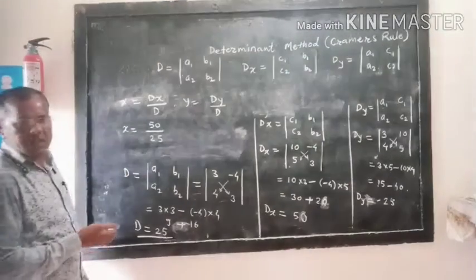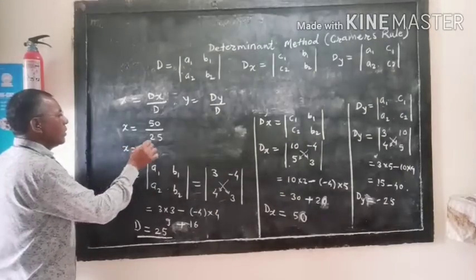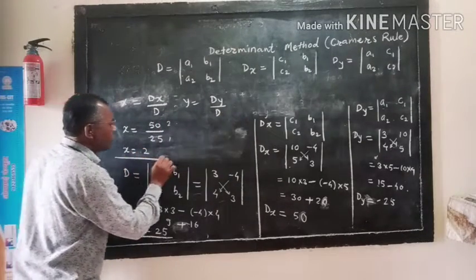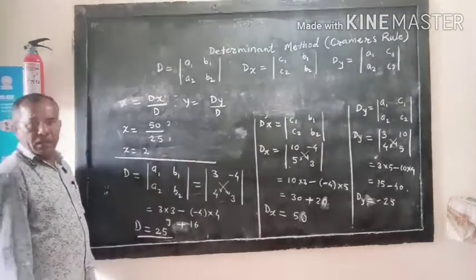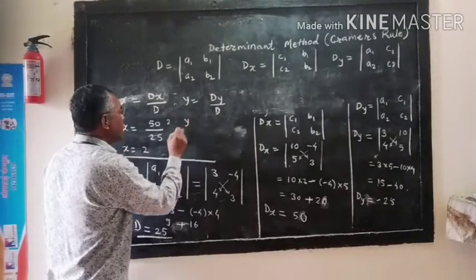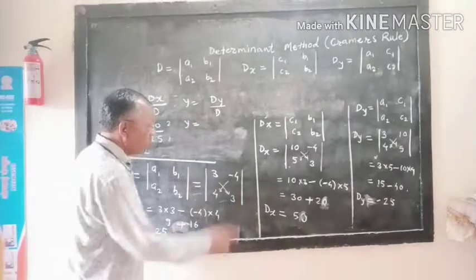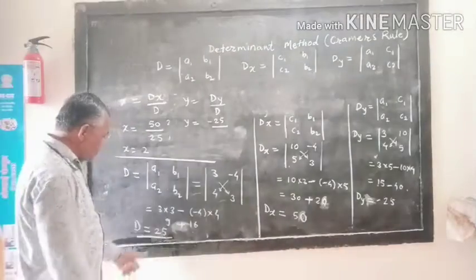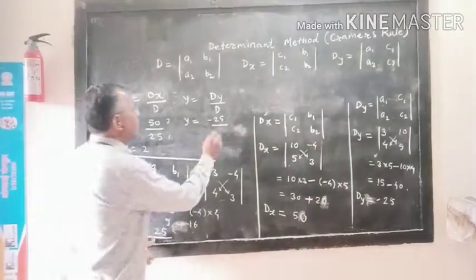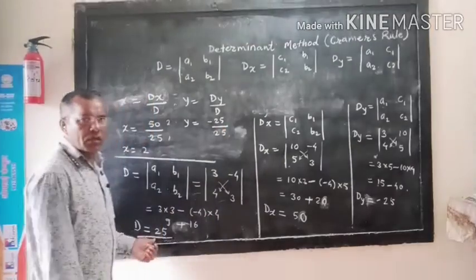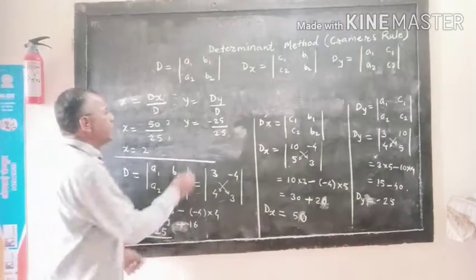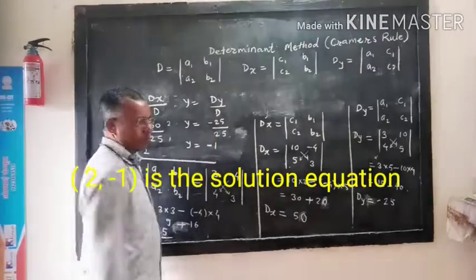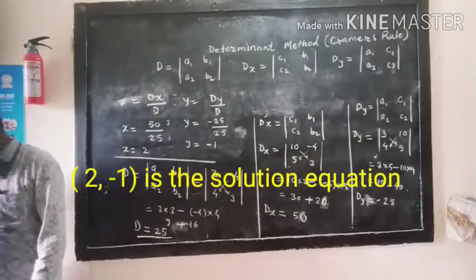Now x is equal to 50 divided by 25. 25 twos are 50. Therefore x is equal to 2. And here y is equal to D of y, minus 25, divided by D, which is 25. Here 25 divided by 25 is equal to 1, and the sign will be minus, so y is minus 1. And it is the completion of the